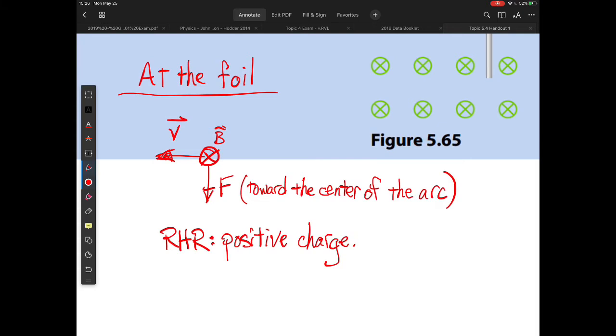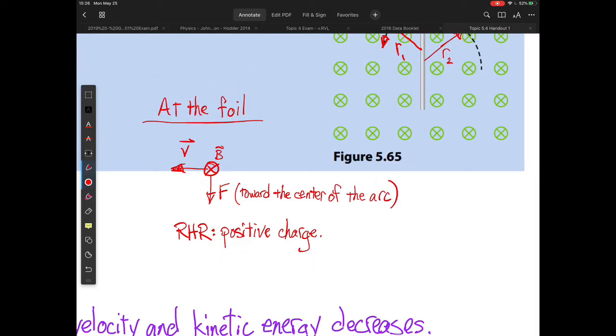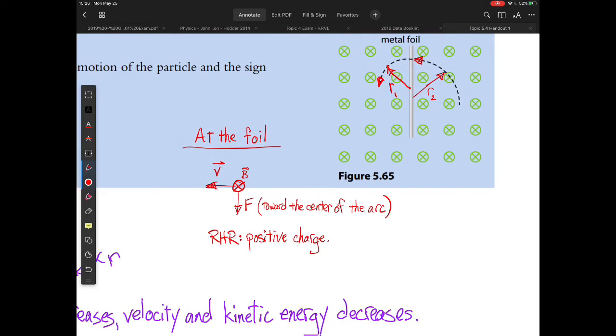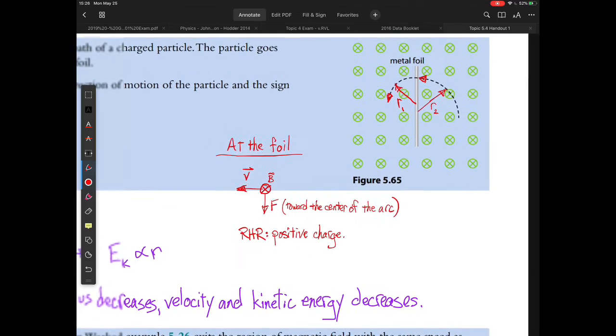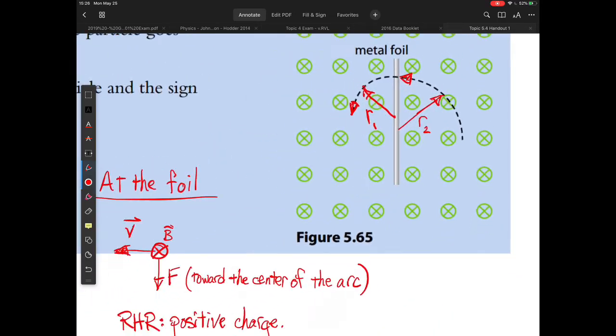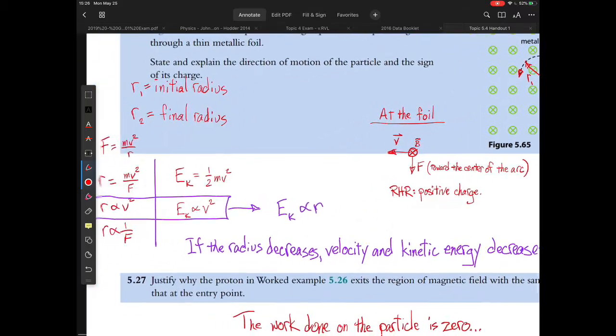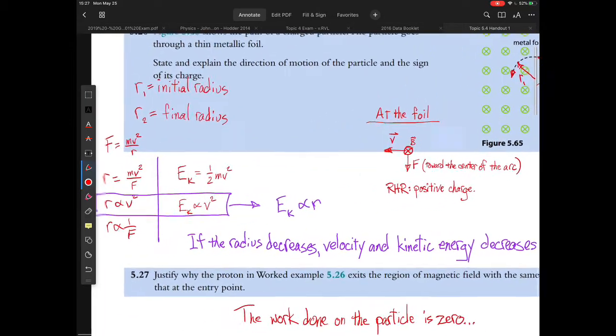So here is a diagram of the right-hand rule. I probably should have included that earlier, but anyway, there it is. This is the right-hand rule for a positive charge. So what we have here is indeed a positive charge. So that tells us the direction, and now we just need to break it down